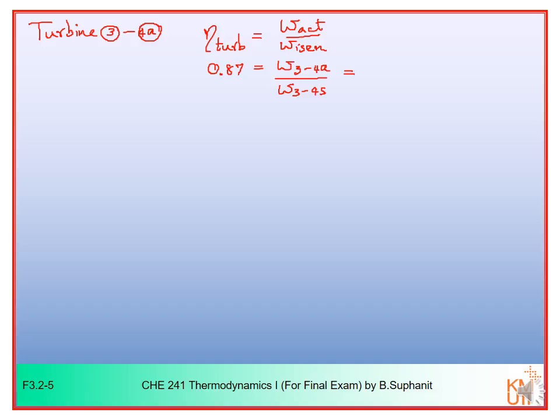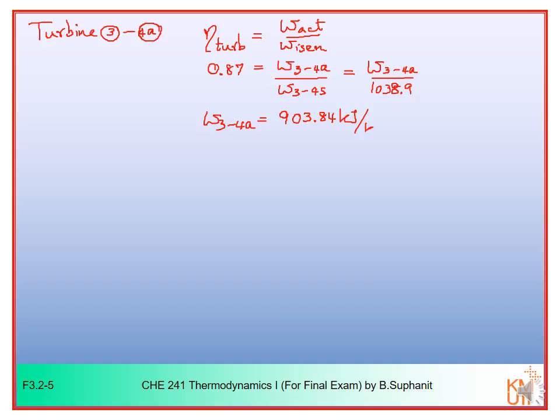We already have W34S from the previous example. We can substitute the value, which is 1038.9. So in this case, W34A, or the actual turbine work, would be 903.84